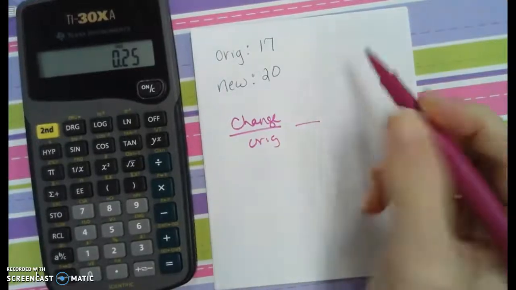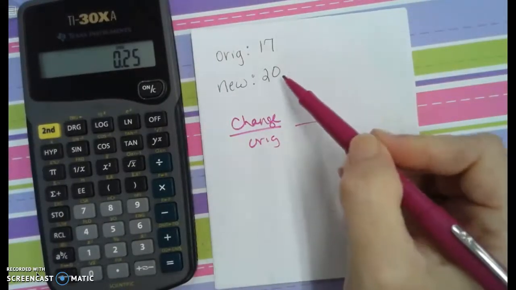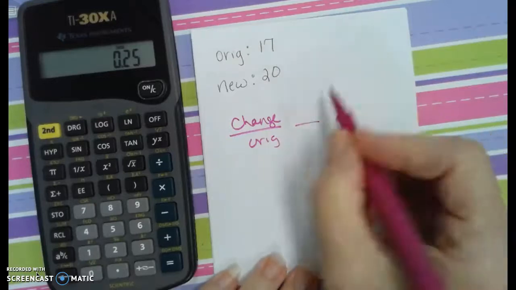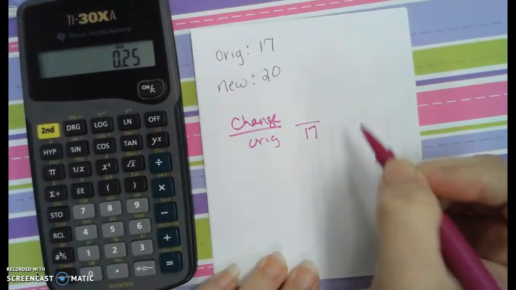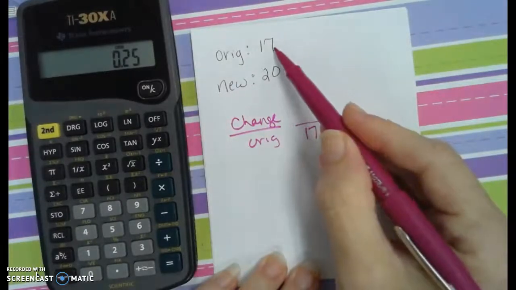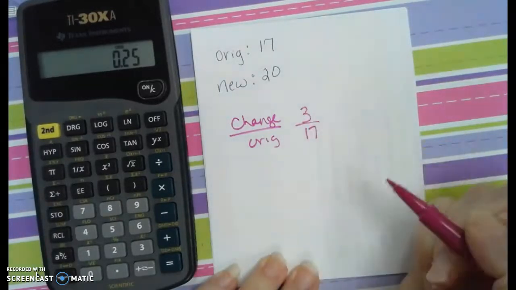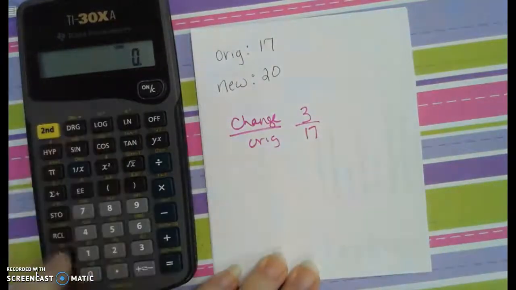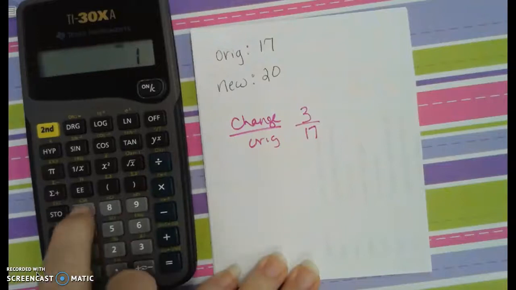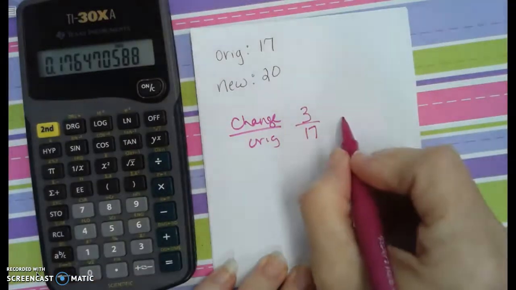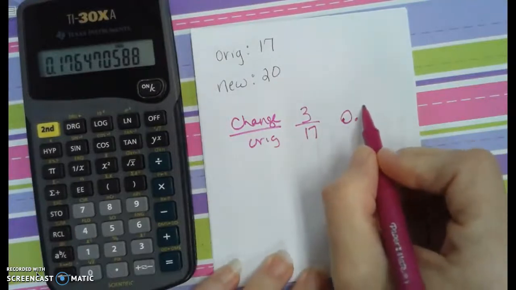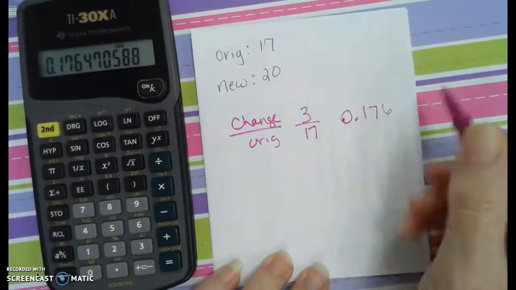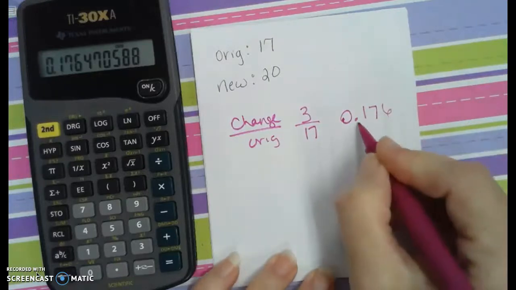This would also be a percent of increase because it goes up. So the original of 17 goes on the bottom. And then how much did it change? From 17 to 20, it changed 3. So in the calculator, we're going to do 3 divided by 17. Well, that gives me a whole lot of stuff I have to look at. I'm just going to write down the first 3. If I times that by 100 or move that decimal 2 times, that's